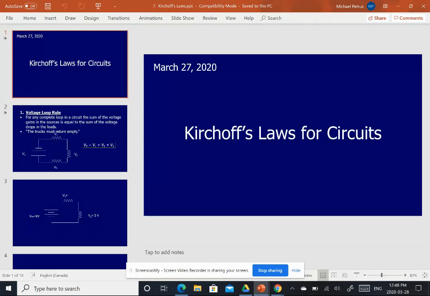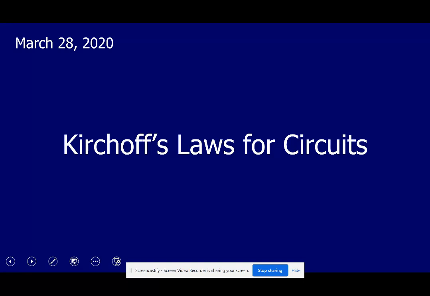Okay, grade nines, until things return to normal, this is how we're going to be doing the rest of our electricity unit, at least, I would think, which is going to take us probably 2 more weeks from now. It says March 28th up in the corner. That's because that's the date that I'm making this, but I'm trying to get it to post, I think, for